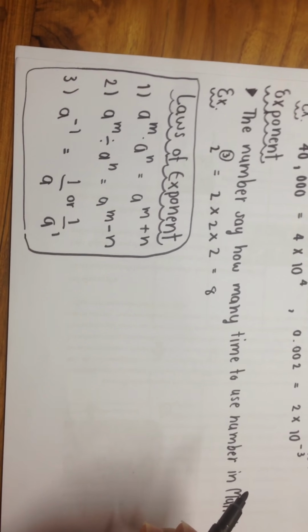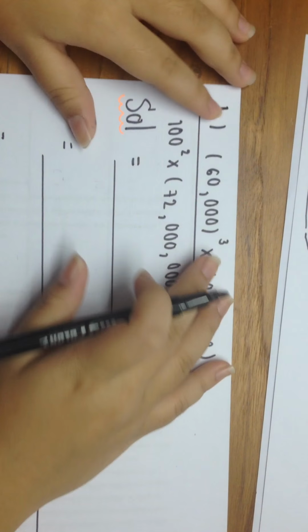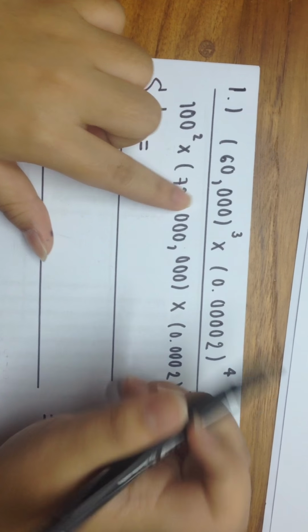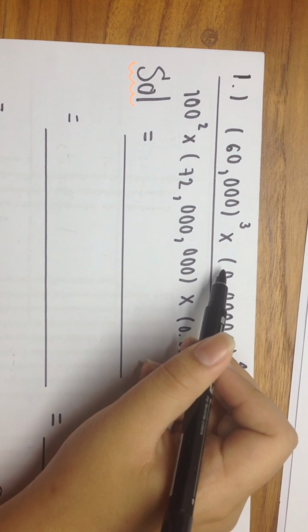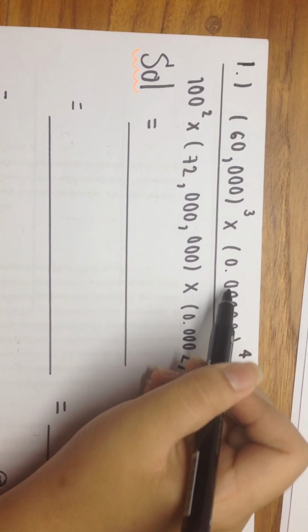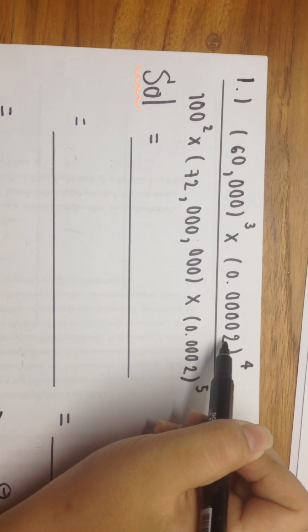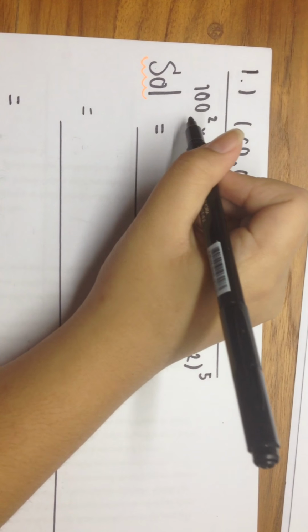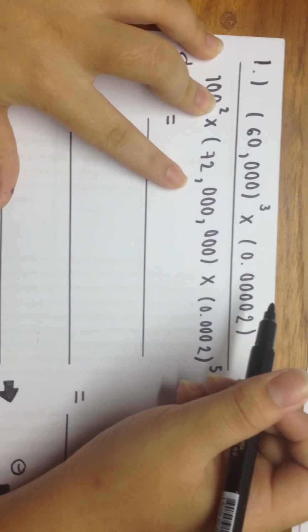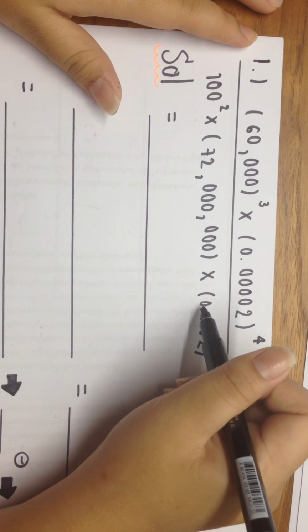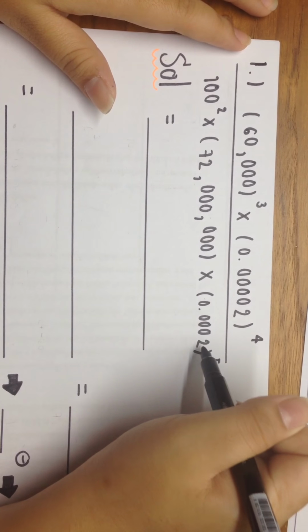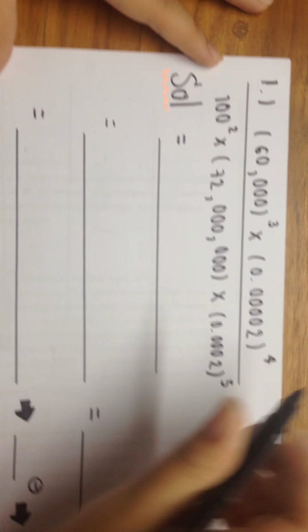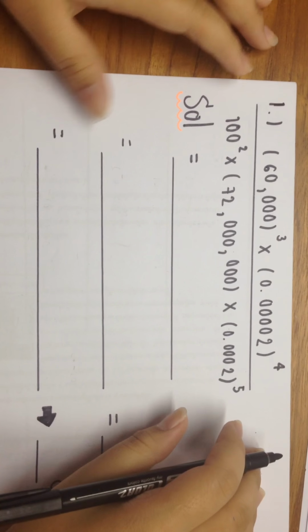So let's do the exercise. 60,000 to the power of 3 times 0.00002 to the power of 4 divided by 100 to the power of 2 times 72 million times 0.0002 to the power of 5, and is equal to